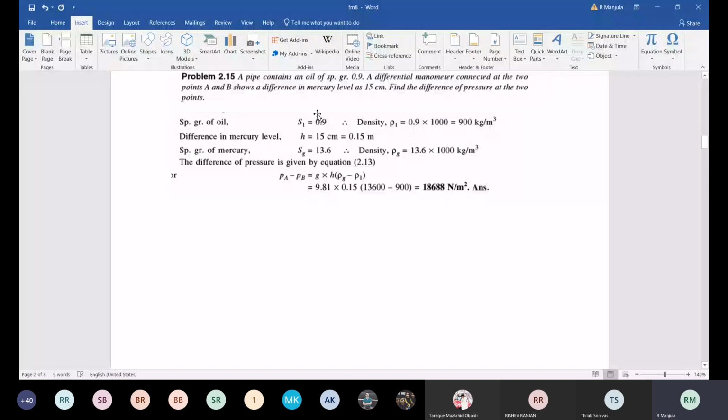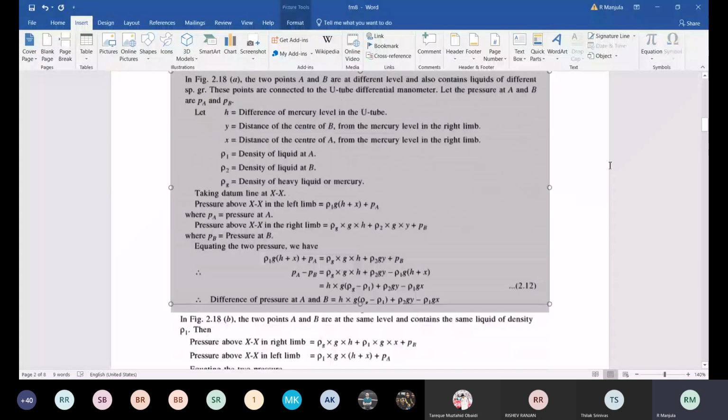So here both may be considered as the same liquid. If they are of the same liquid, specific gravity is 0.9 and you can find the density. Difference in mercury level is 15 centimeter and specific gravity of mercury is 13.6. So now we have to consider this equation because both are the same liquid. Then here you will be having